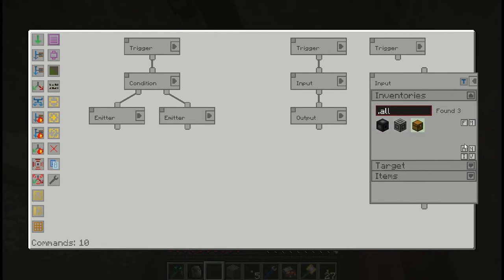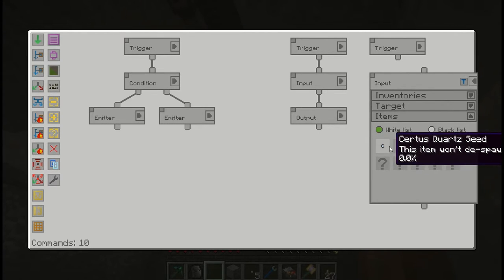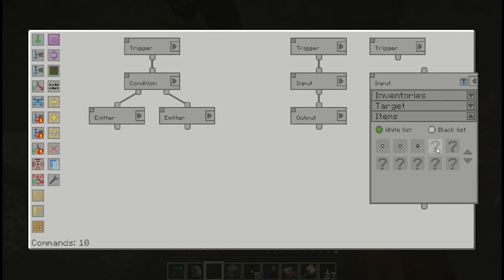Input from the chest, items, whitelist. We're only going to put in there seeds, these specific 3 seeds. And for the most part, we don't have to worry about them. We're always going to throw them in at 0%, so I don't need to say fuzzy or anything like that. And then we're also going to throw in